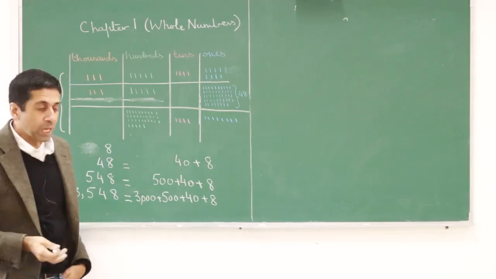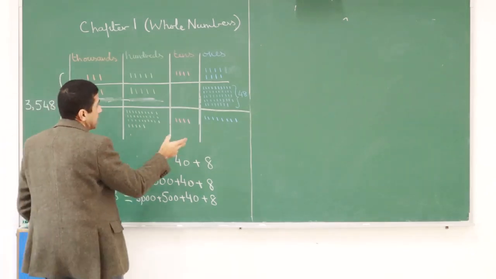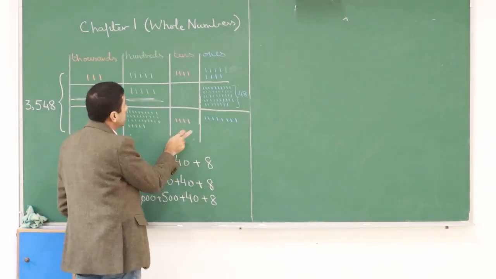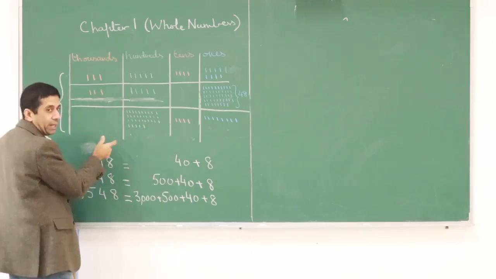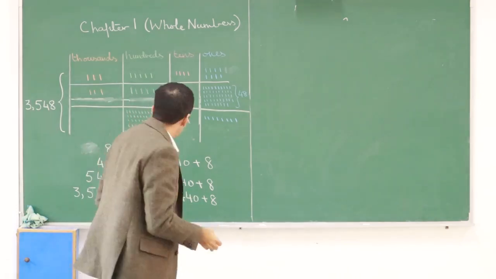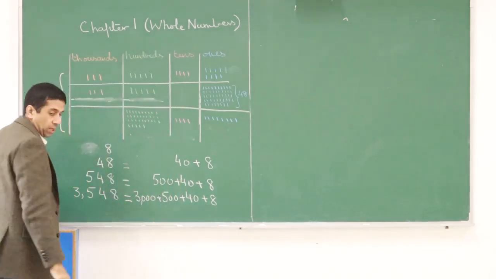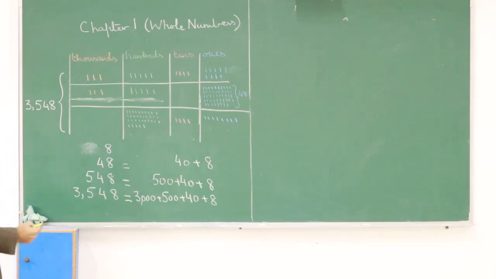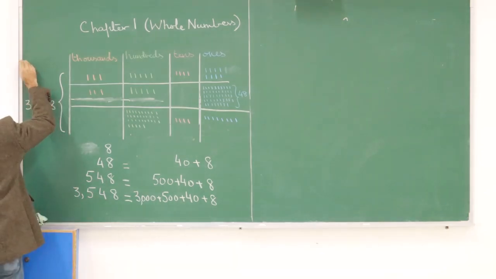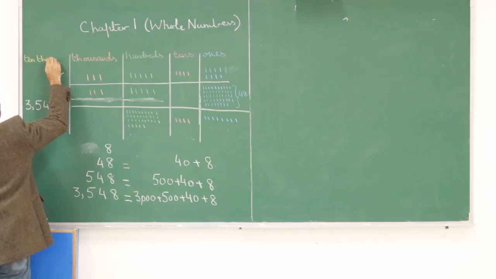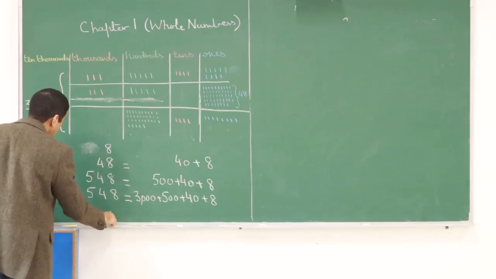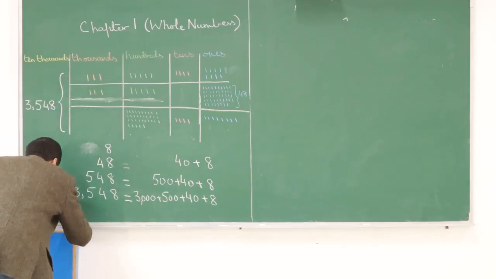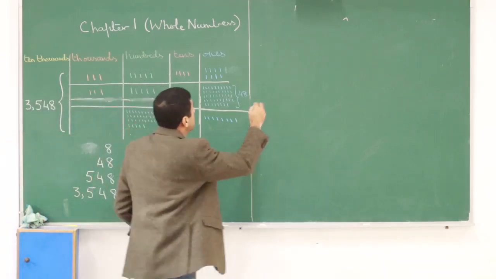So now we can play the same game as we played, because remember, 10 ones make 1 ten, 10 tens make 100, 10 hundreds make 1,000, and now 10 thousands will make 10 thousand. Okay? So now we can add another column, and this could be the 10,000s column. And if I wanted a number like 23,000, so now I want a number like, okay, I'll have to write it here, which is